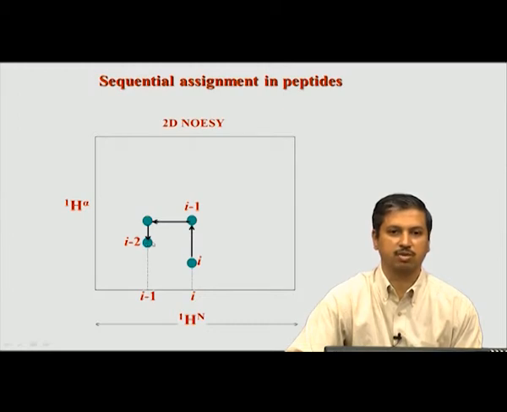So, remember this peak can come either down or up, that is not important. What is important here is that along the horizontal line you go, you find the peak corresponding to I minus 1, then you go along the vertical line and you get I minus 2. Similarly, if I continue this, I should go along this line, then I will get somewhere where these two peaks coincide, and that means that peak here, this vertical line, should belong to I minus 2, because I minus 2 will give correlation to I minus 2 self, that is called its own, and it will give a correlation to sequential, which is now in I minus 3.